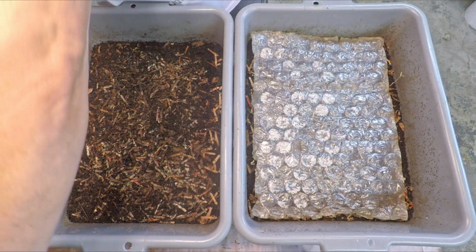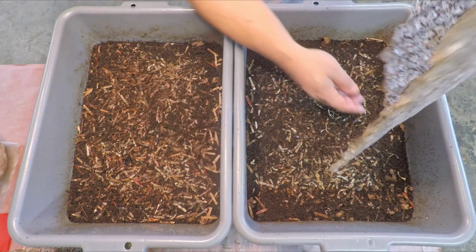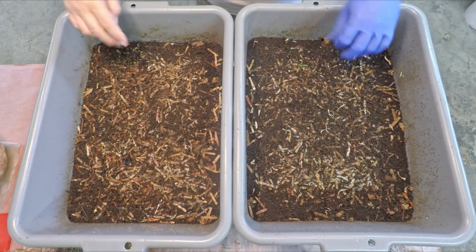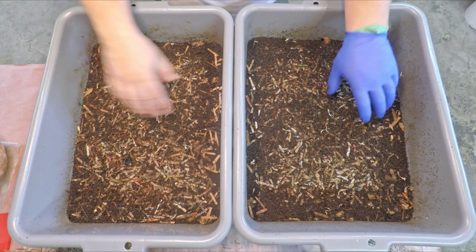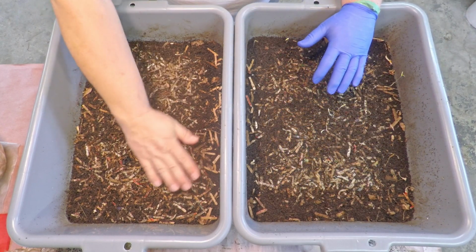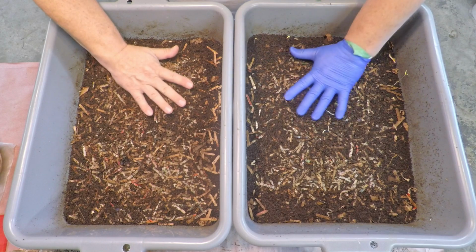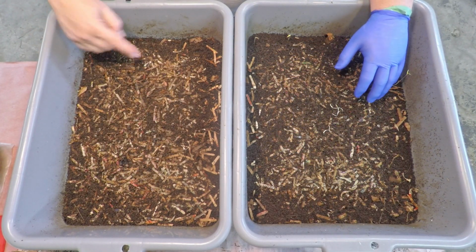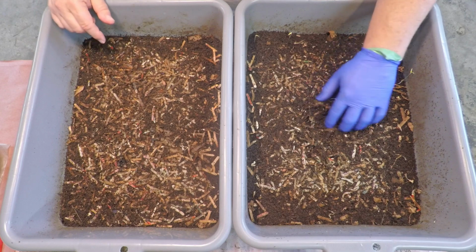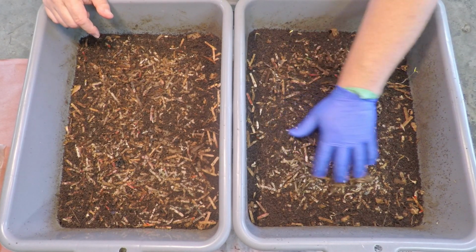I guess perhaps in compensation for the reduced portion of their meal, maybe it was that which inspired me to become really generous with the bedding. So besides a good bit of bedding that went in with the feedings themselves, we laid a little top cushion, like a top dressing, I don't even know how thick, perhaps as thick as my finger, layer of bedding out here. And with those plastic bubble wrap coverings, I would think that the system's moisture has been recirculating up and down through the system, in and out of this bedding material, making it a really welcome place for the